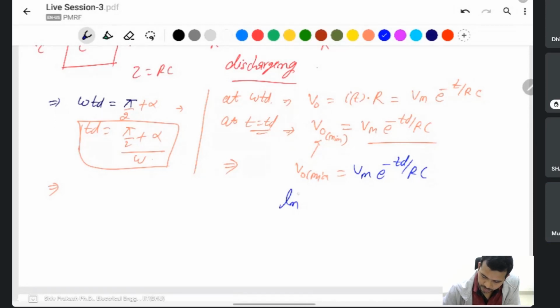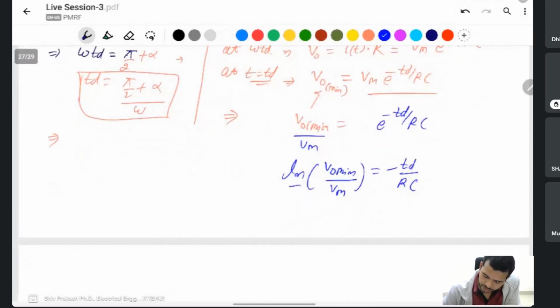Vm is equal to, left side, V output minimum divided by Vm, the same, take ln log and we find V minimum to Vm, minus Td divided by RC,